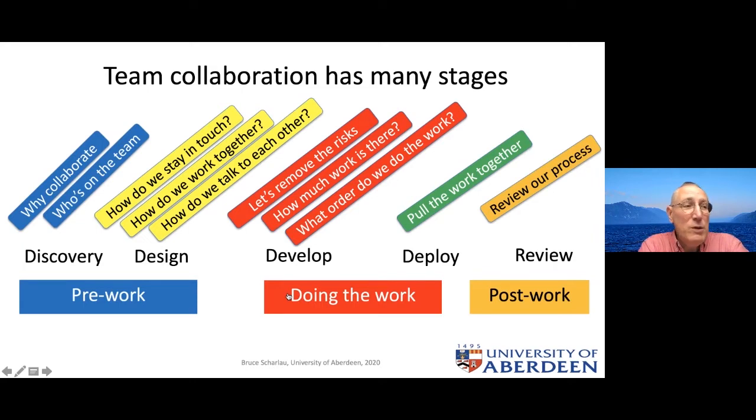What are the risks involved? How do we reduce those as quickly as we can? How much work is there to do, and how do we break that up into smaller chunks? And then what's the right order to do those things? And then now that we've done the work, how do we pull the work of the different team members together